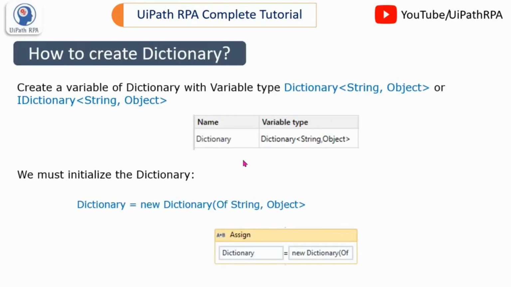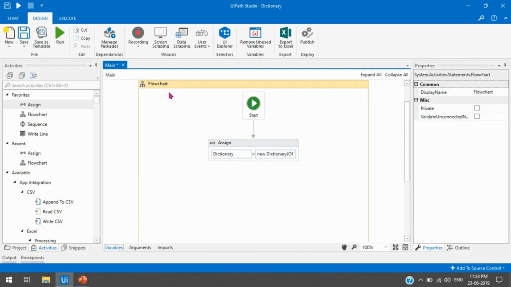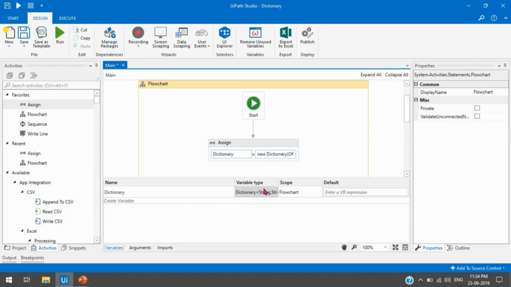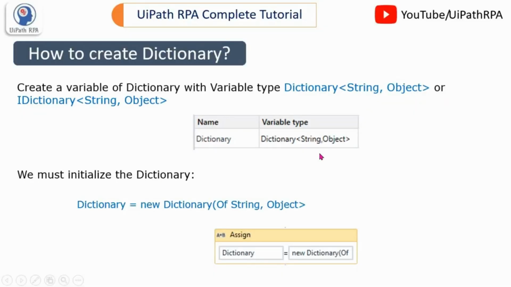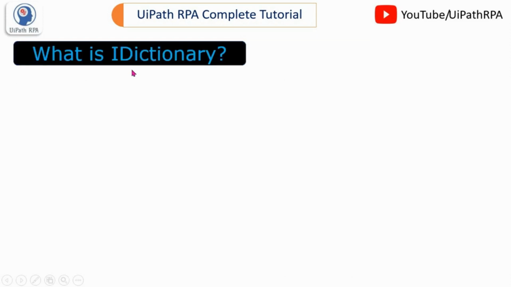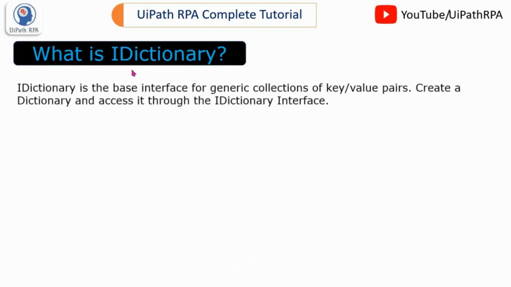As we already discussed, we can create the variable, as I already showed you here, with the variable type as Dictionary, or we can take it as an IDictionary. So now I am going to show you what is IDictionary. IDictionary is the base interface for a generic collection of key-value pairs.